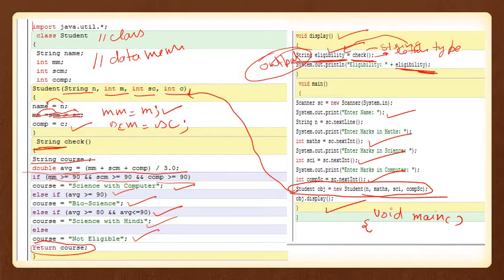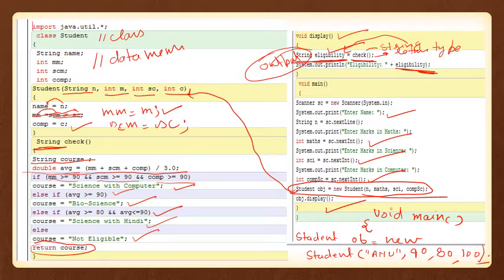In void main you can create the object like this: Student ob equals new Student, and pass the arguments. Like the name is Anu, so pass Anu. Marks in maths is 90, science is 80, computer is 100.